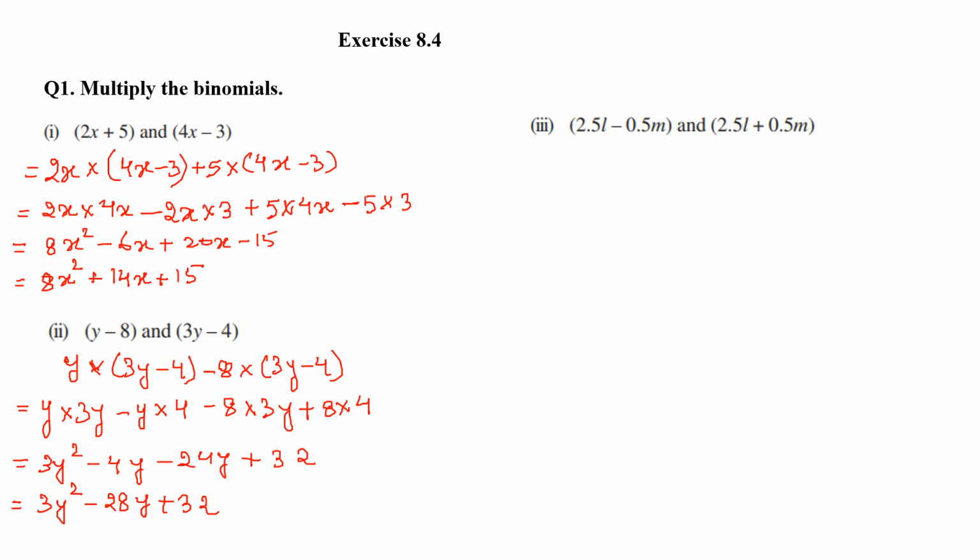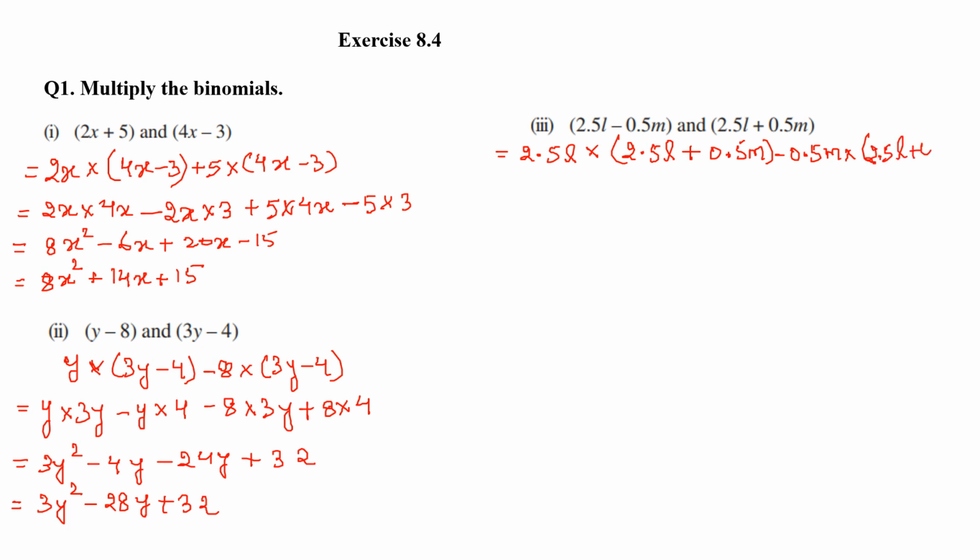Now the third question. 2.5L minus 0.5M and 2.5L plus 0.5M. To multiply this, there is one identity also, but here I am not going to use the identity because it is not given in the question that we should multiply using the identity. So I will follow the same rule. First 2.5L, the first term of the first binomial, I have to multiply with the second binomial, which is 2.5L plus 0.5M. Okay. Then minus 0.5M multiplied with